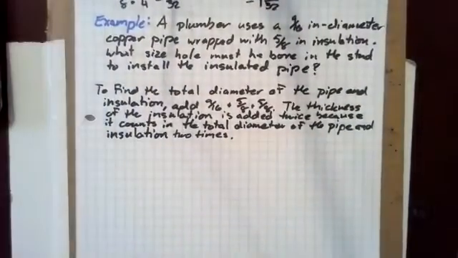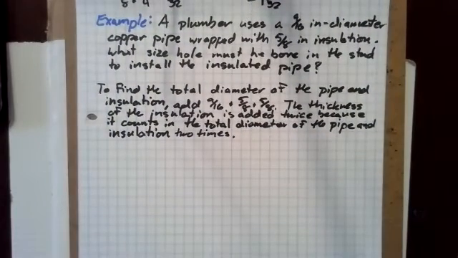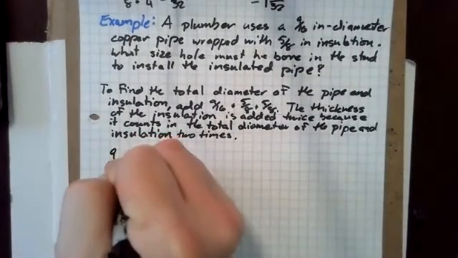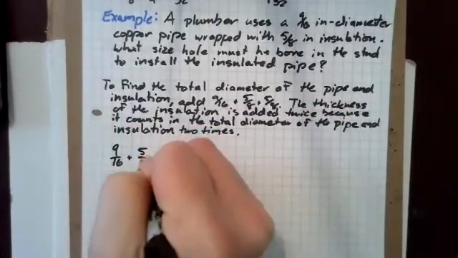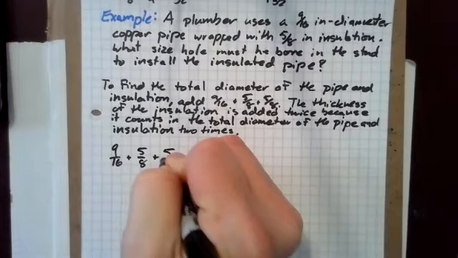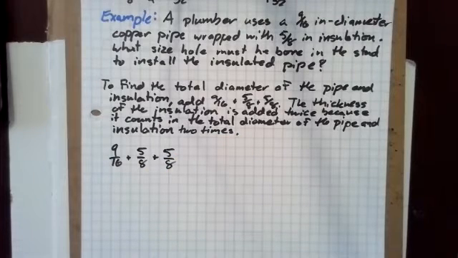For our second example, a plumber uses a 9/16 inch diameter copper pipe wrapped with 5/8 inch insulation. What size hole must be bored in the stud to install the insulated pipe? To find the total diameter of the pipe and insulation, add 9/16 plus 5/8 plus 5/8. The thickness of the insulation is added twice because it counts in the total diameter of the pipe